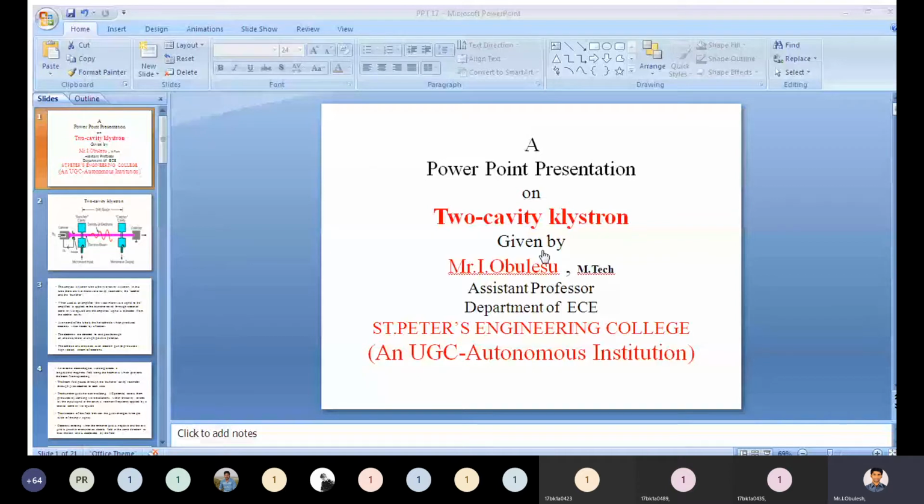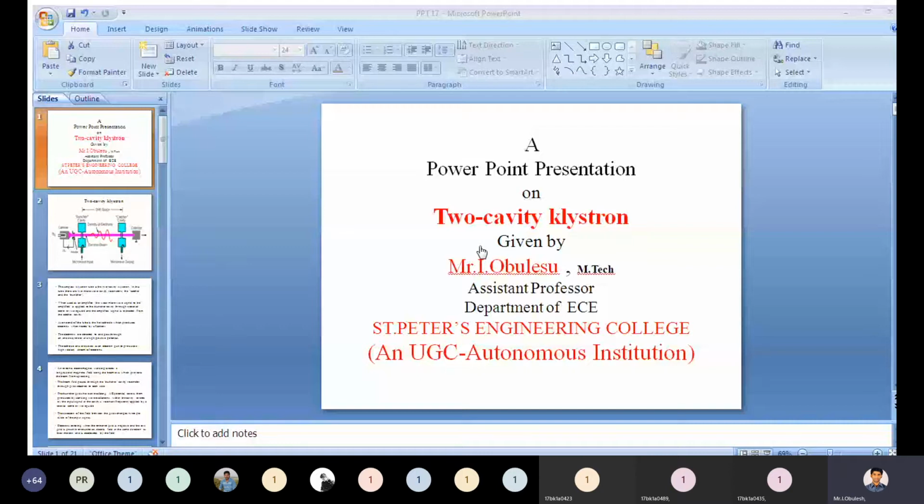Thus, the oscillating field in the catcher cavity is an amplified copy of the signal applied to the buncher cavity. This amplified signal is extracted from the